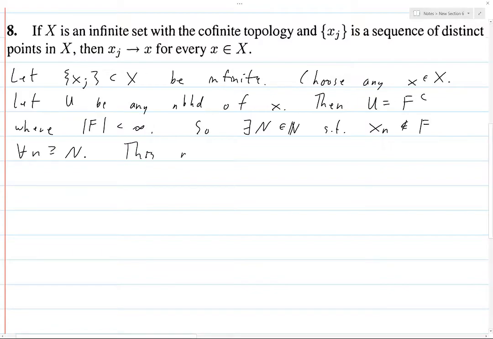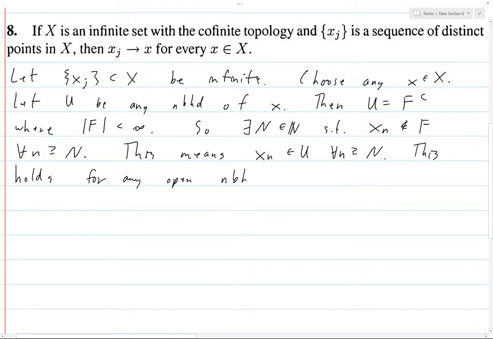So this means that x_n is in U for all n greater than or equal to N, because it's not in F, and therefore it must be in U. This holds for any open neighborhood U of x.